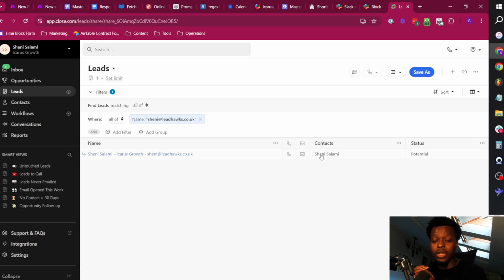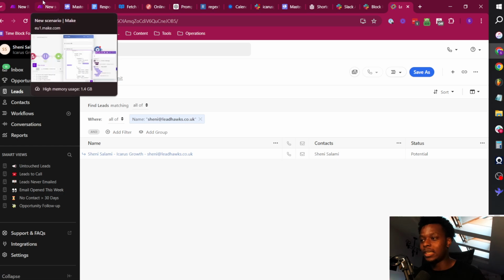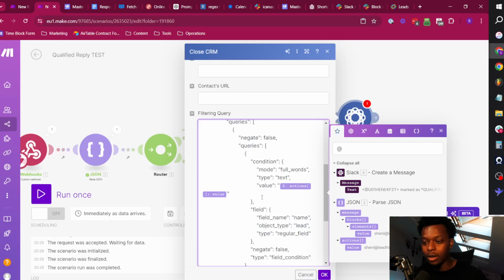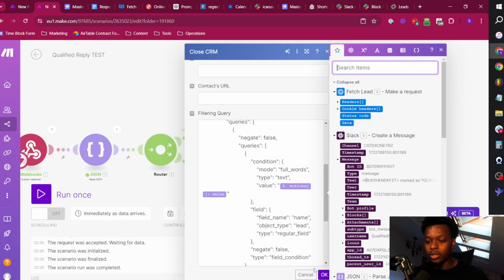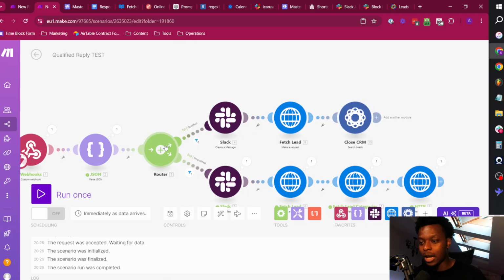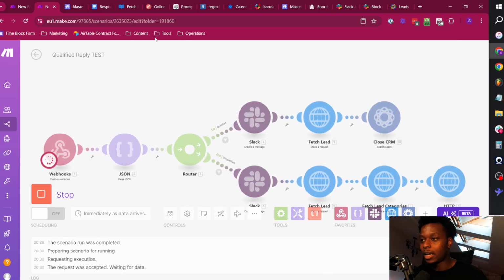And we've had this for the longest. Leads go above contacts. So we could have 100 leads and 250 contacts because we have multiple contacts within a lead, and that's the reason why we're doing it as we're doing it. So we can just use name to find the leads and build the rest of this automation out. Now that we have this sorted, if I click on here and make a request again,